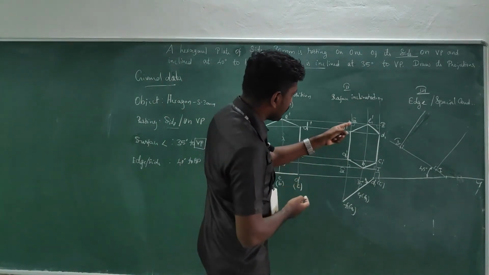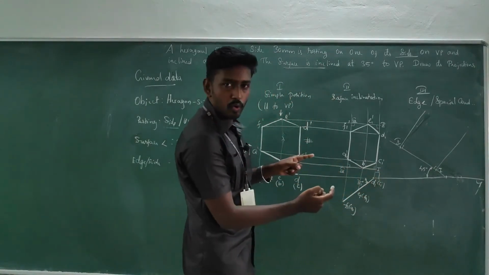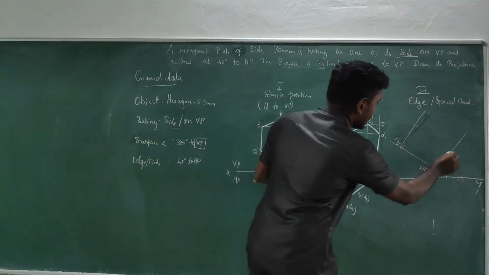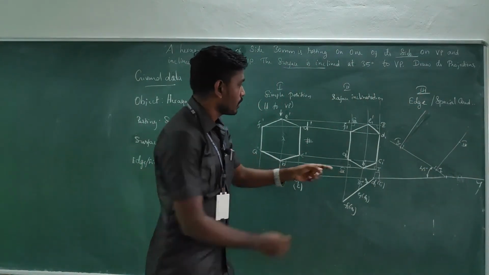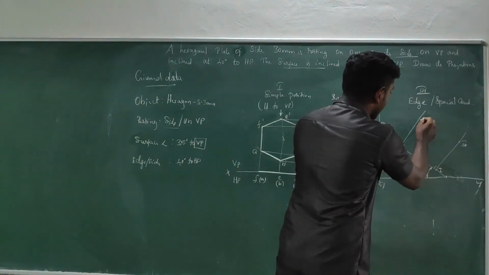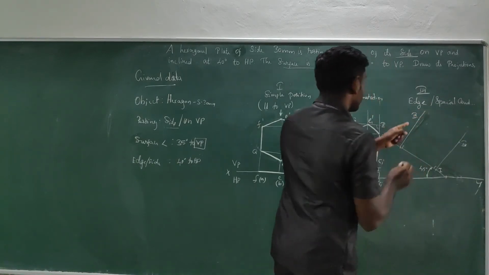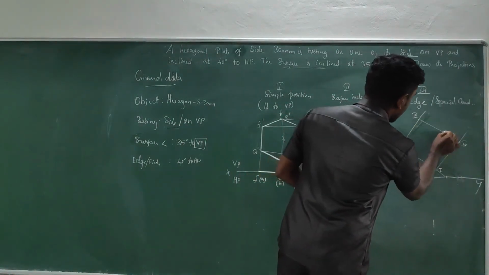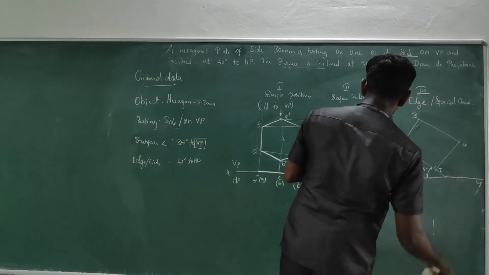Then in order to identify 3 and 4, first I am going to measure 1 to 4. By keeping the compass at 1, I am going to make the cut, so I will get the 4th point. I am going to measure 1 to 3. By keeping at 1, I am going to take the cut in the perpendicular line. It shows that point. Connect 3 and 4. This is the boundary for the skewed image.